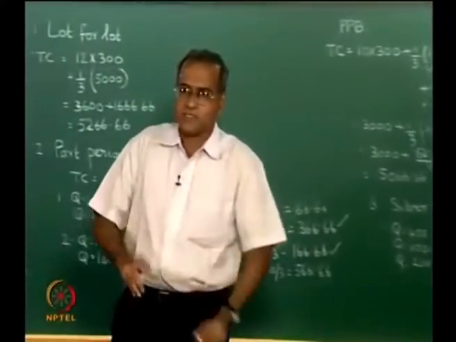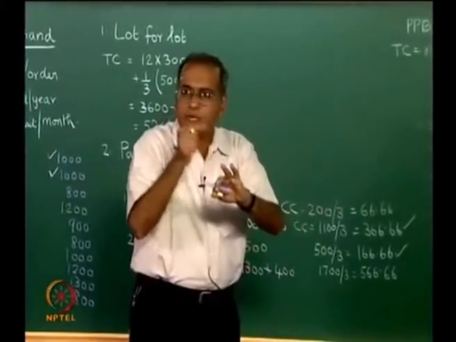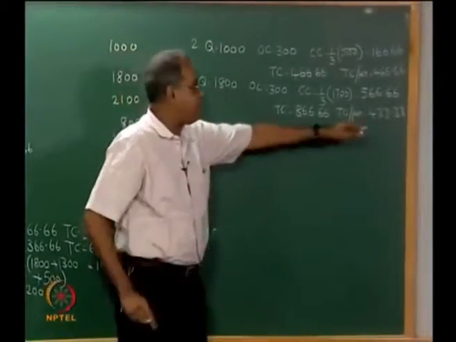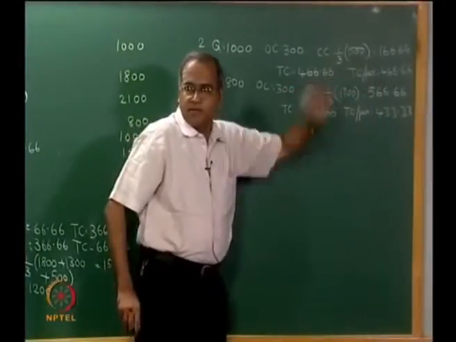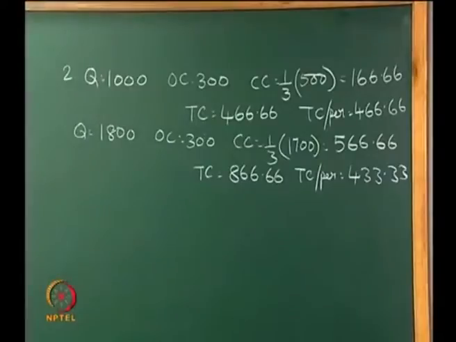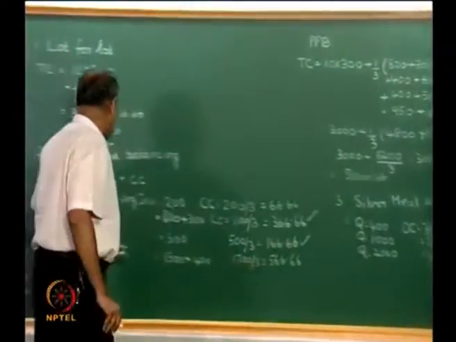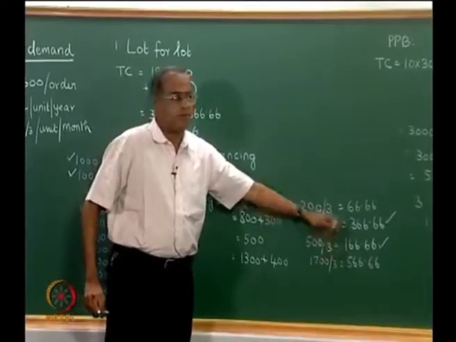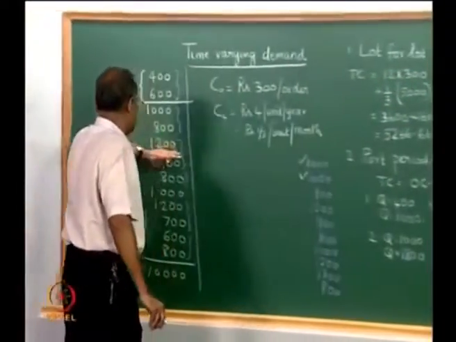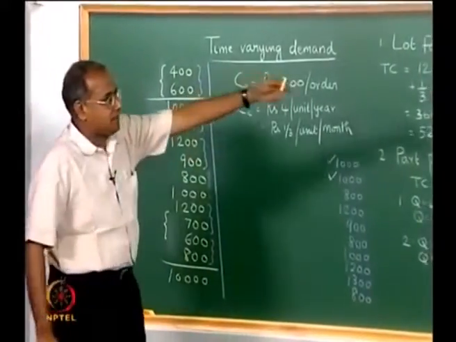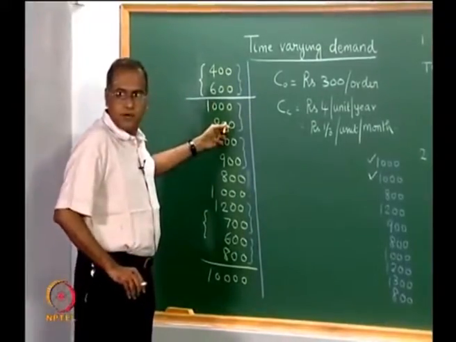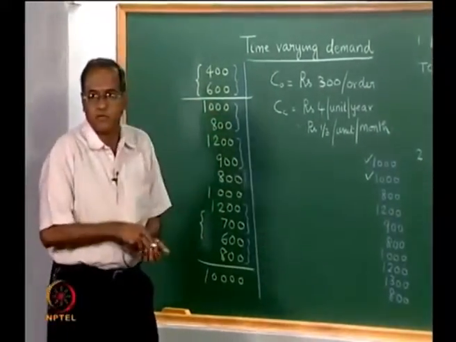So, Silver Meal straight away tells you that, based on the Silver Meal way of optimization, combining 1000 and 800 is cheaper than doing 1000 separately, whereas Part Period Balancing, based on its own way of optimization, says that if you do 1000 it is here, 1800 is here, 1000 is cheaper. Now when we do 1000 plus 800 plus 1200, we would realize that the per period cost is higher. So Silver Meal would have combined 1000 and 800, whereas Part Period Balancing separated them.